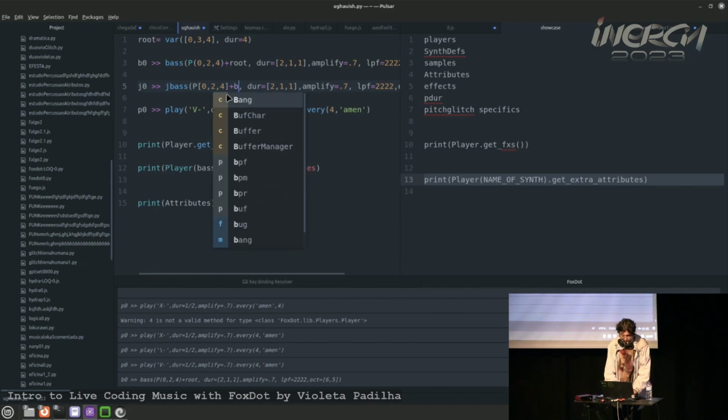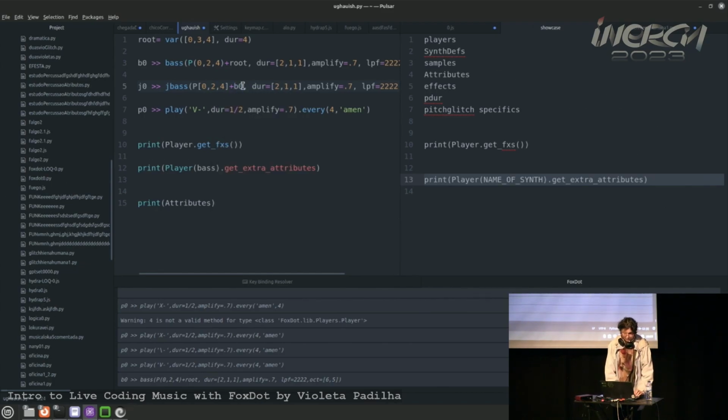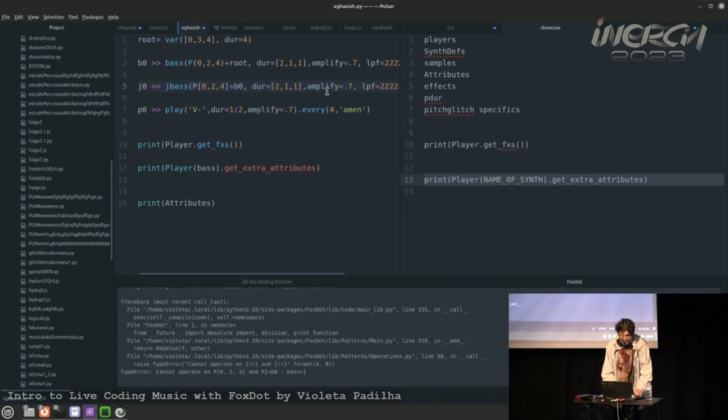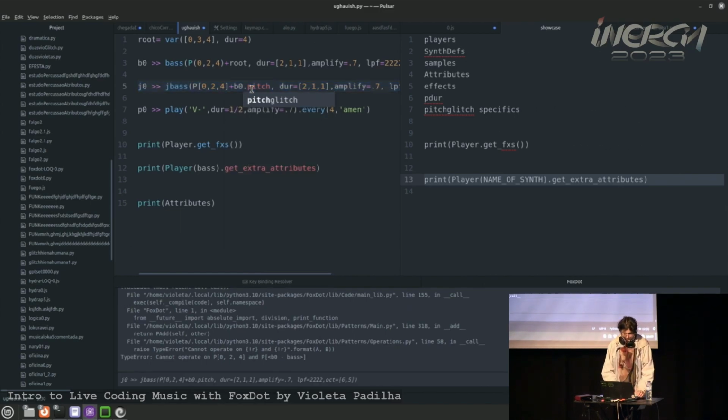Then you can also add it to the value that's being played by another player. So here in J0 I'm adding to B0, and let's see what will happen. Oh, what's wrong? Cannot operate on. So you have to do this. The duration is the same, so it's not so nice. But if I do it like this,